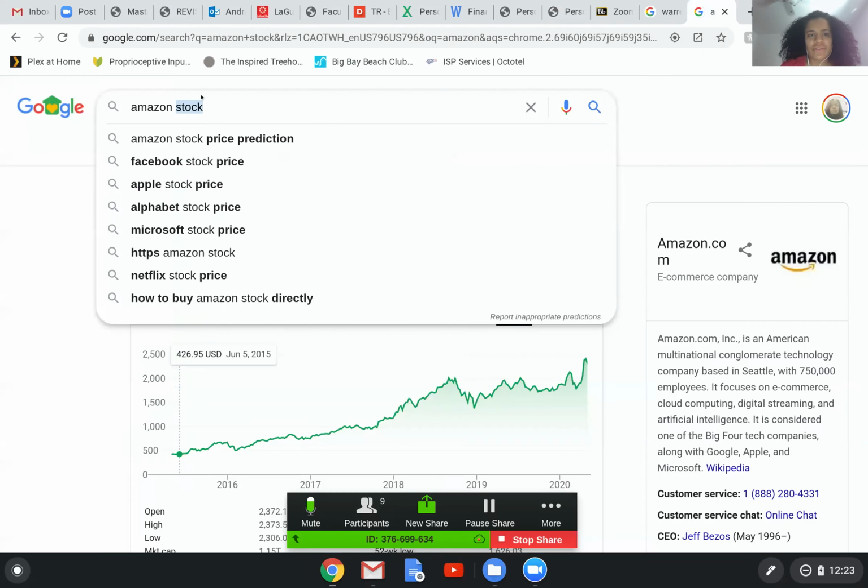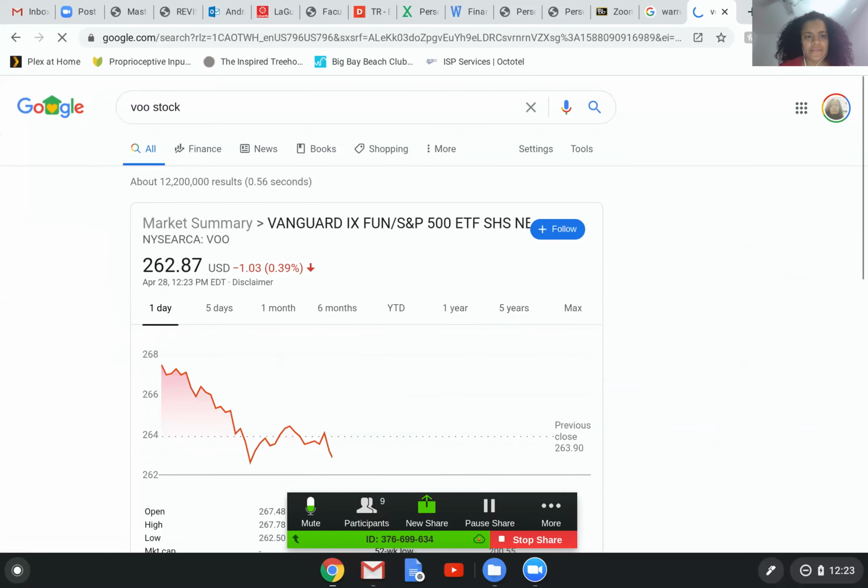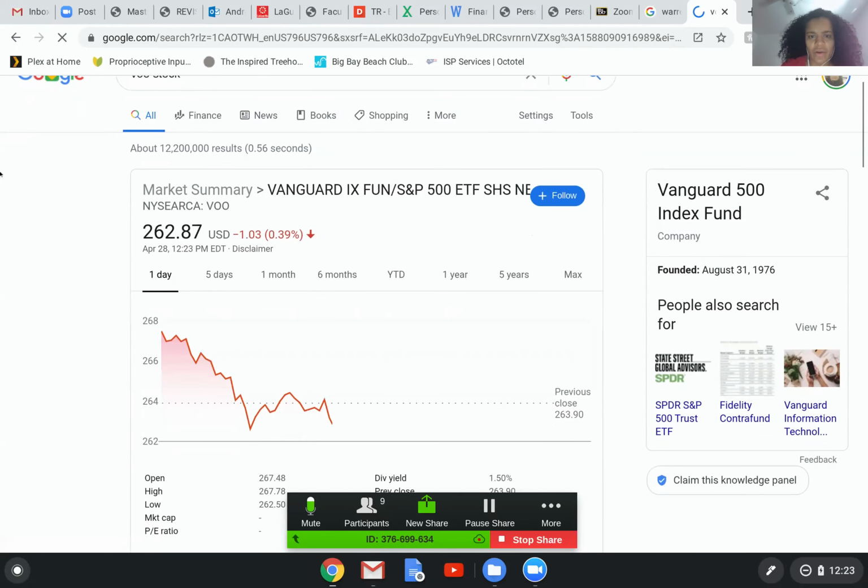Okay, so I'll give you an example of the one that I invest in. This is VOO, the Vanguard Index Fund, an exchange traded fund that follows the index, the S&P 500. The S&P 500 is 500 stocks, basically. So this is a basket, a slice of 500 stocks, that I could actually afford to buy, because unlike Amazon, this is only $262 as opposed to $2,000 for one thing.